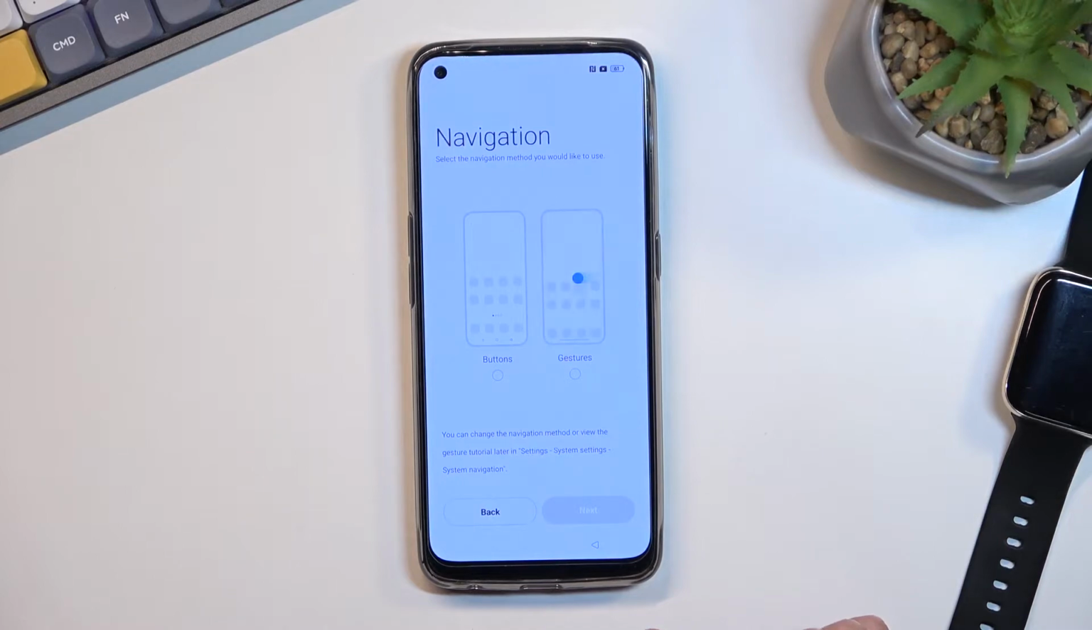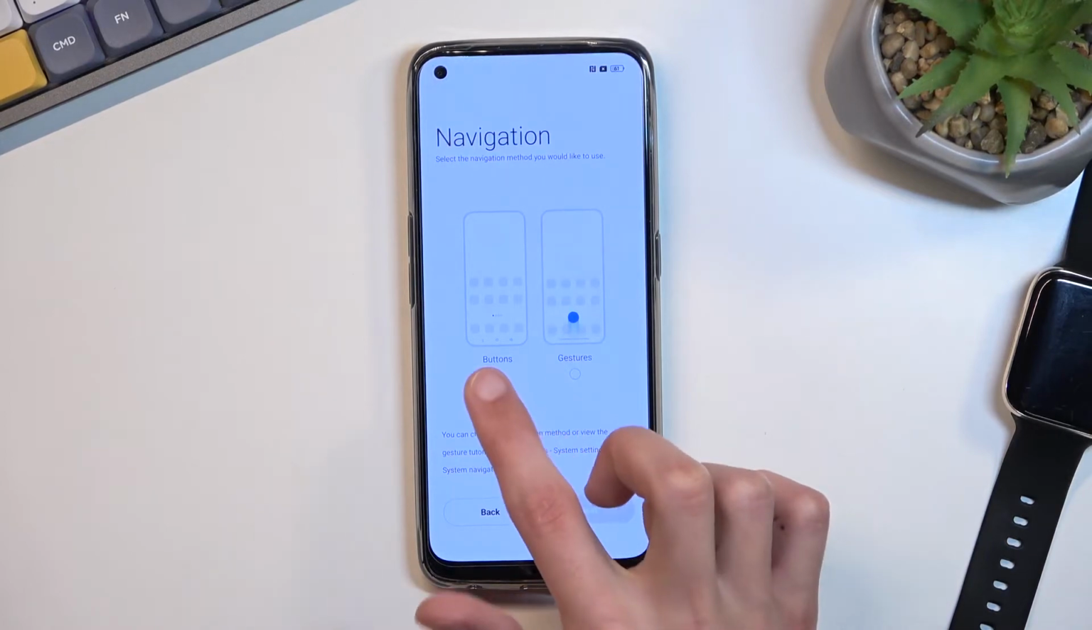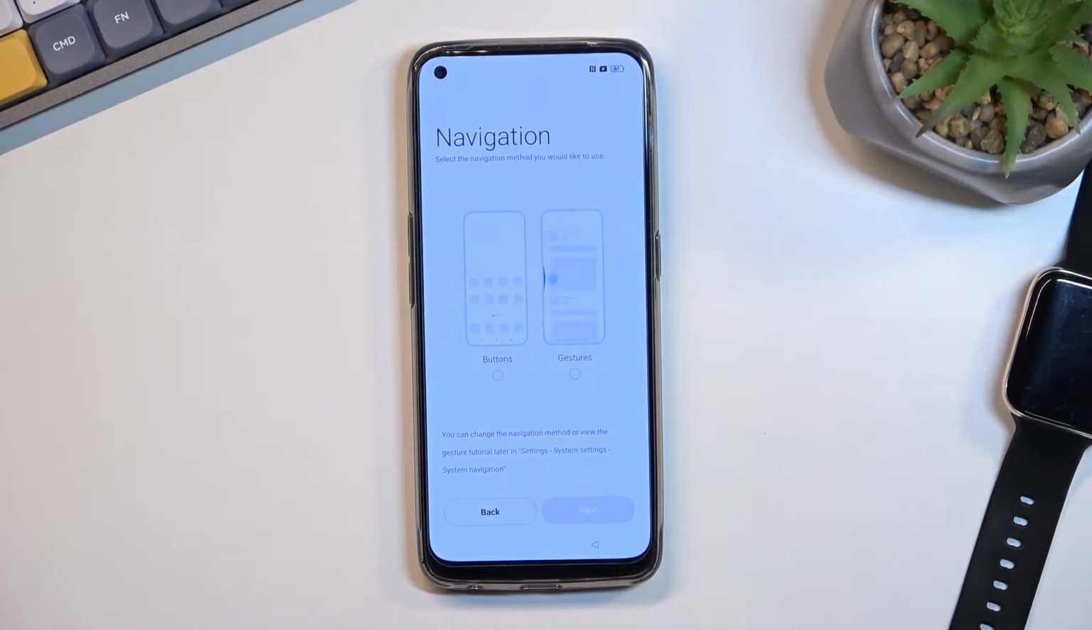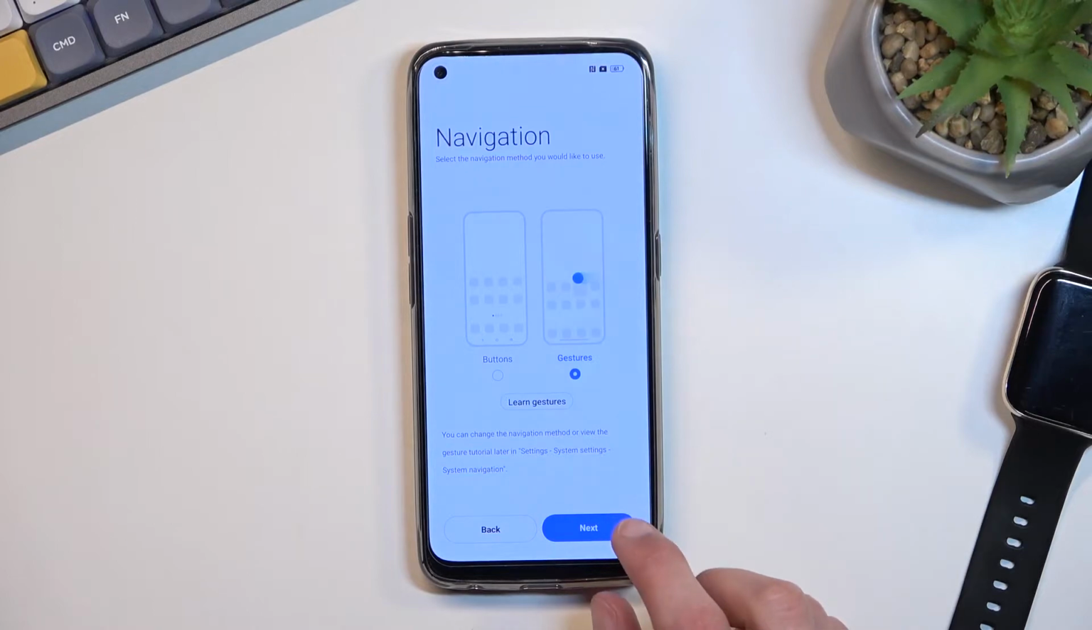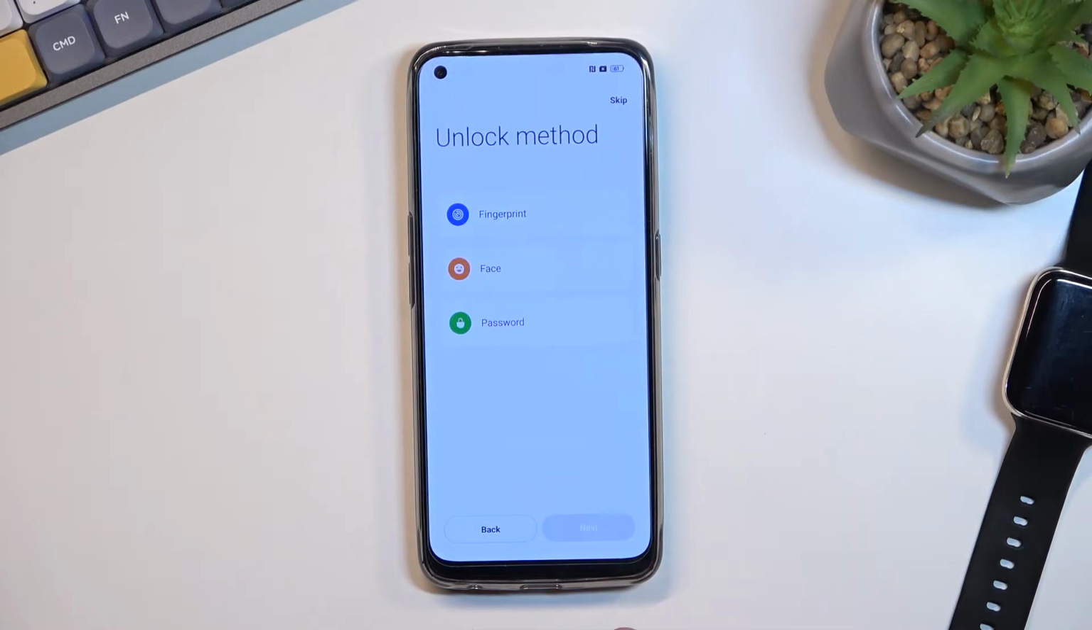Going to the next page, the phone gives us the option of what kind of navigation we want to use on our phone. So we have the buttons, which is the typical old school smartphone usage, and then we have the gesture, which has been more commonly used in recent times. I'll stick with gestures. That is what I personally prefer, so I'm gonna go to the next page, and on